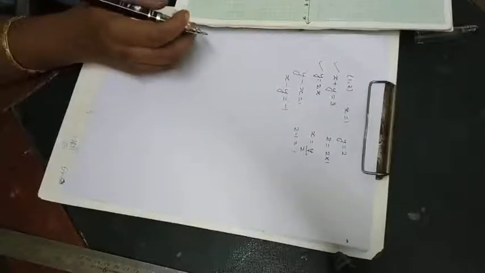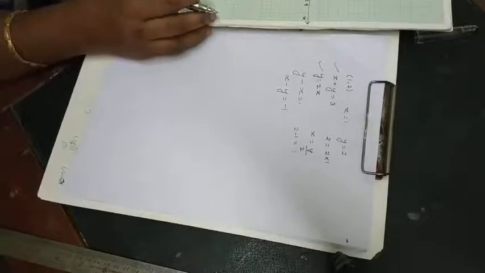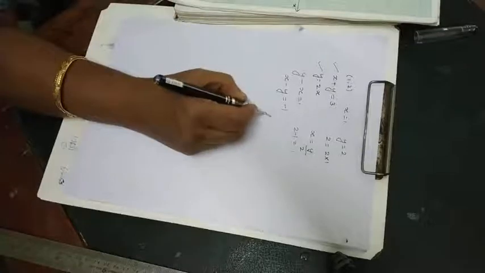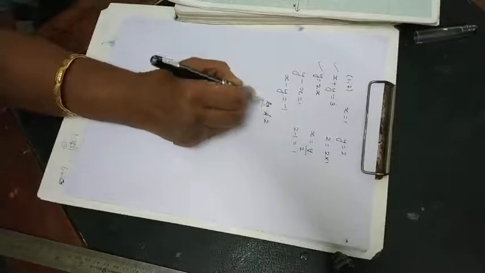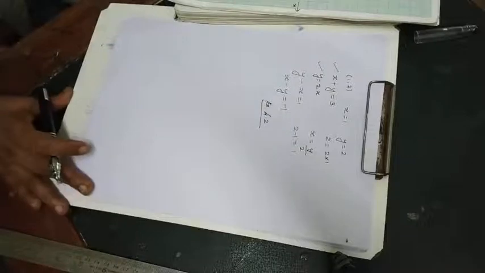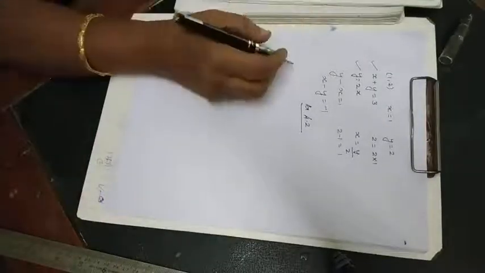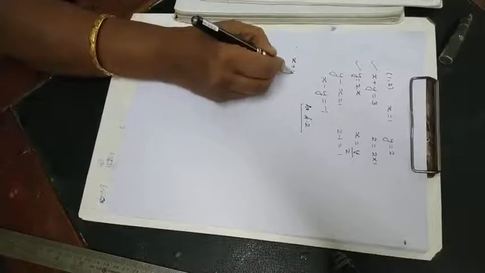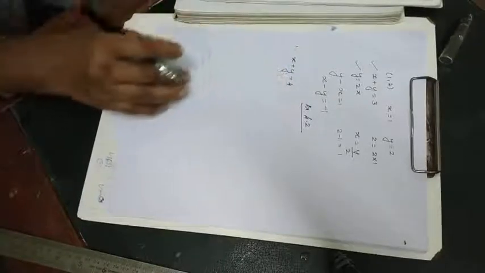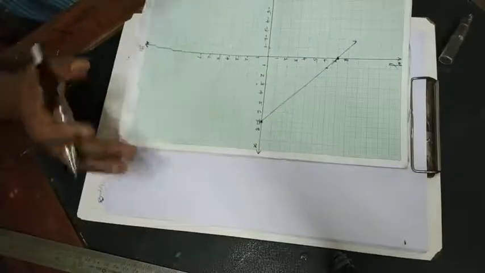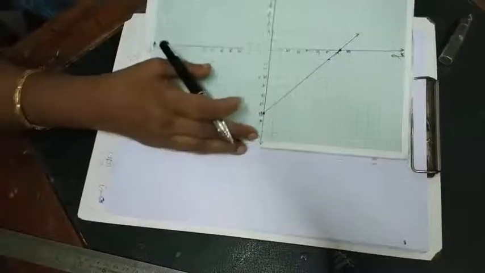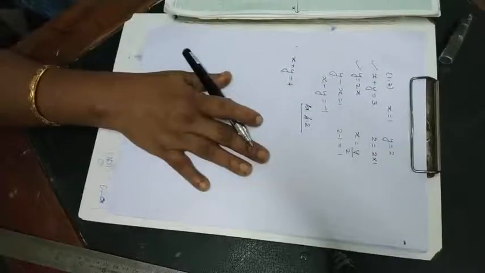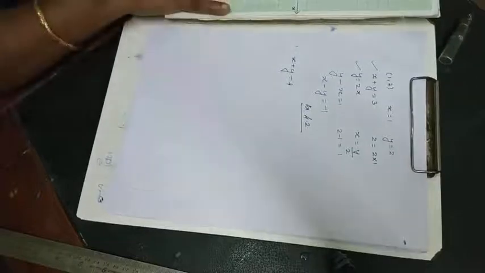Exercise 4.3, first one. Draw the graph of each of the following linear equations in two variables. So first equation is x plus y equal to 4. Now when you are getting a graph paper, you can solve this one this side and draw on this. If it is a book, here one blank paper will be there, no? So there you can solve, then drawing at the graph paper you can draw.